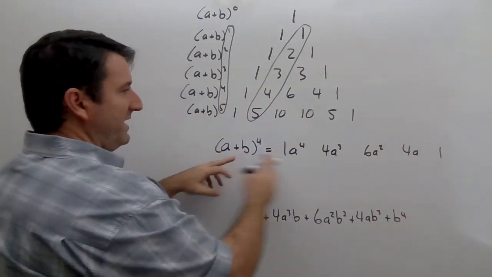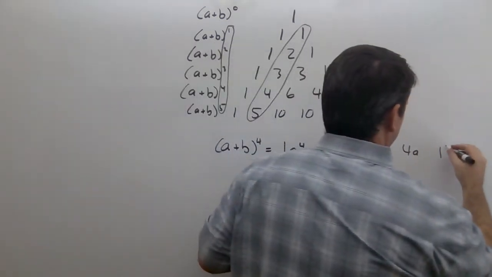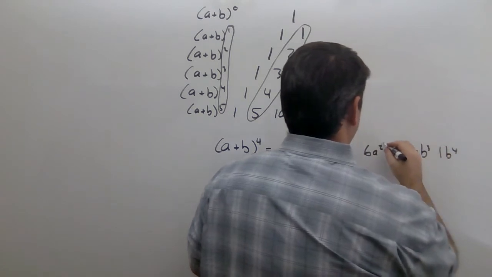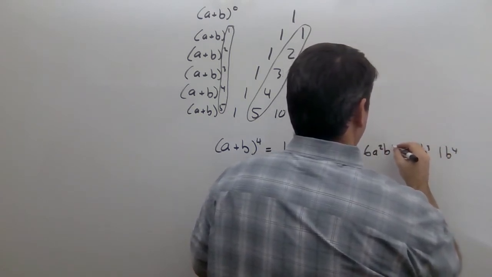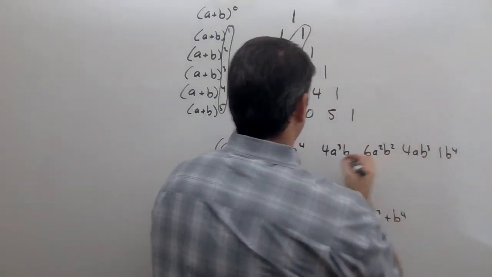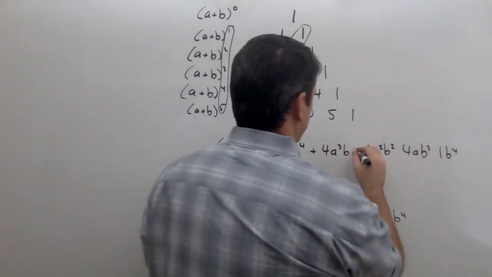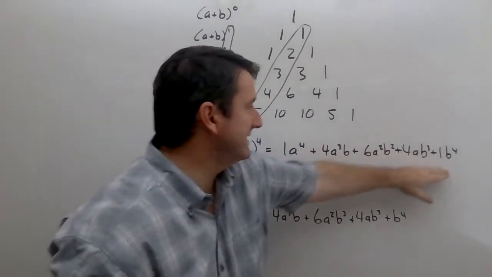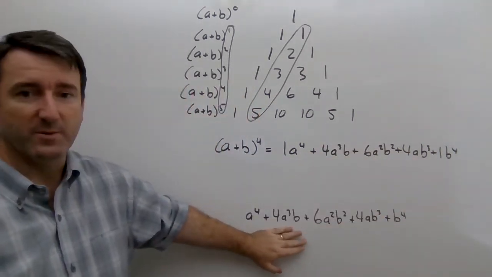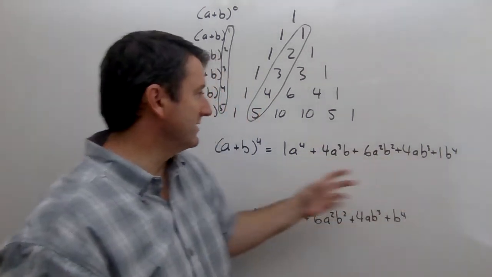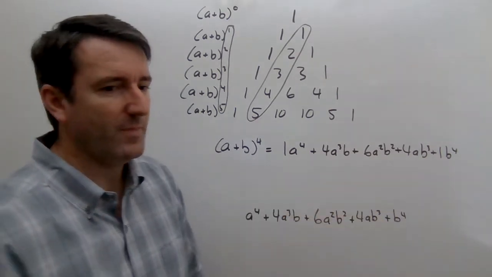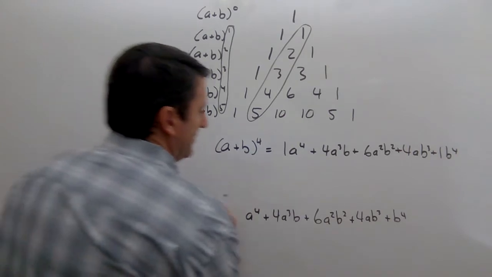And then for the b, we're going to go backwards. So we're starting here at b to the 4th, b to the 3rd, b squared, b to the 1st, and b to the 0. And then all of these are added together. And you can see that this answer is the same as the answer we got down here. But once we know this pattern, we can get to this a lot quicker. All right. So now,